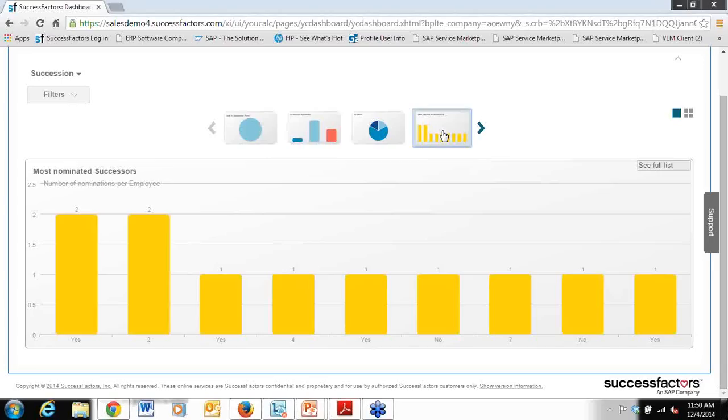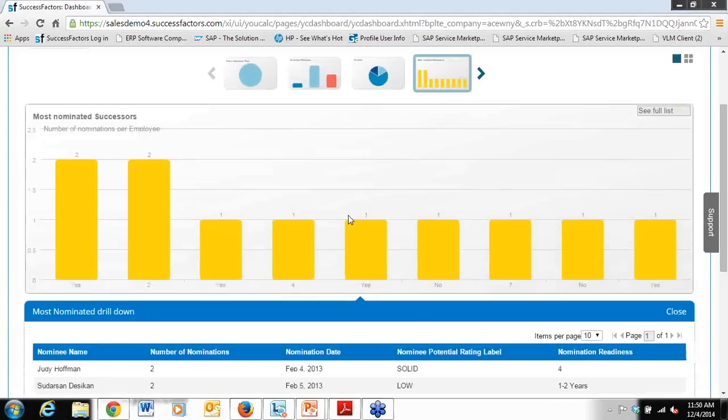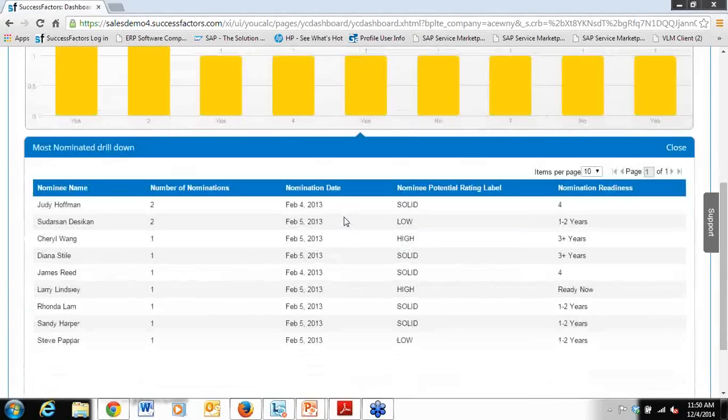Then last, I have a yellow bar graph for my most nominated successors. Now, in order to drill down into this bar graph, I'm going to go ahead and move over into See Full List. And now at the bottom of the screen, I have my bar graph explained to me in some greater detail. I'm now able to see nominee names as well as their number of nominations, their nomination date, and